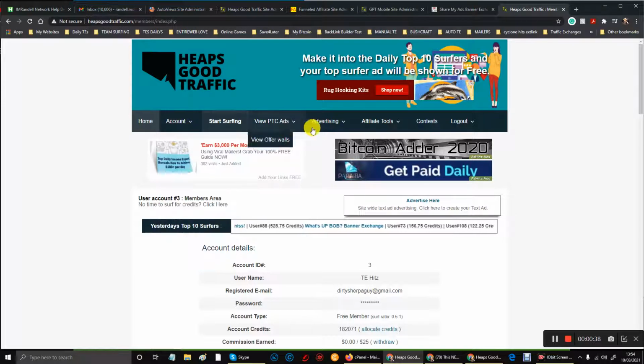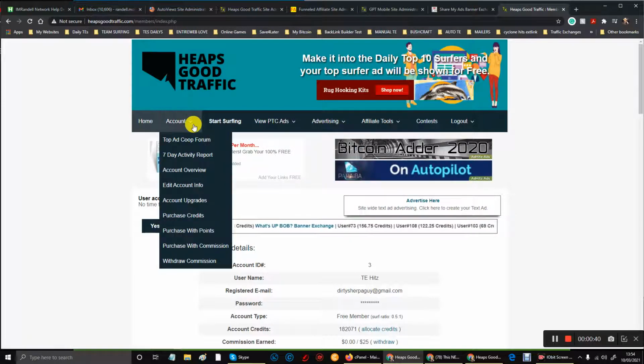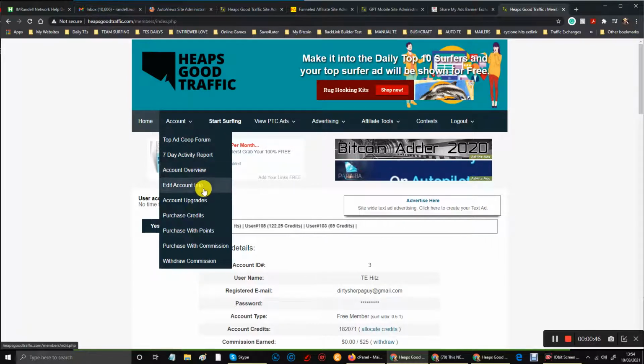So once you're inside of your back office, you'll be able to see your account here, which will show you your 7-day report, your account overview, your account information, and this is where you can also buy account upgrades. You can purchase credits. You can also buy credits and account upgrades with points if you earn enough of them. You can also purchase with your commissions, so if you earn money on the site by clicking ads or referring